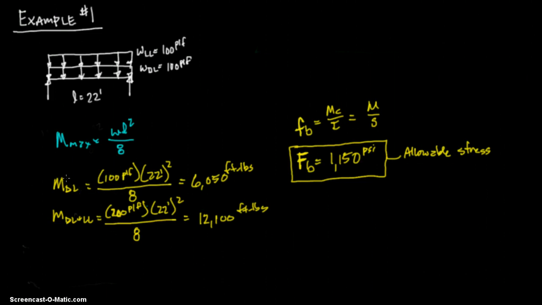So we'll say the force, let's find the stress of this MDL, given that we're maxing out the stress. So we want to use this equation right here. And we'll say FB equals M over S. And that equals, remember we're maxing out the stress. And then we have our moment. And this is dead load. Let's just do this right over here. Dead load only. And we wanted to say that was 6,050 foot-pounds